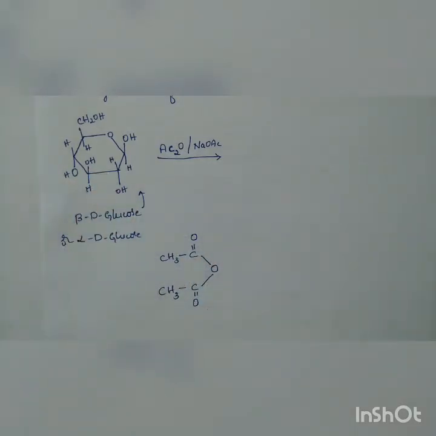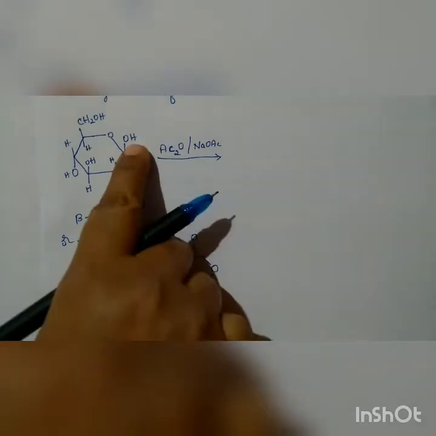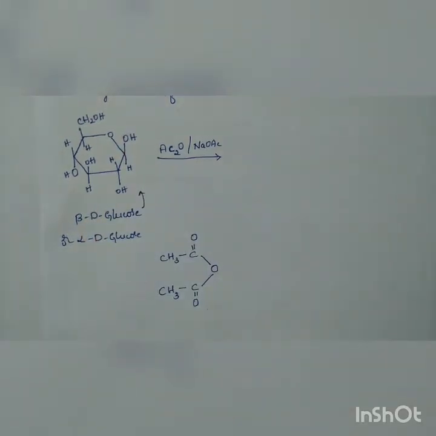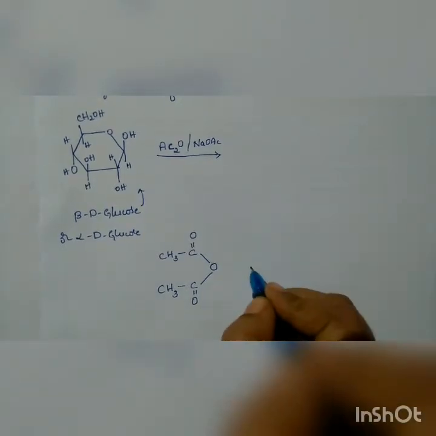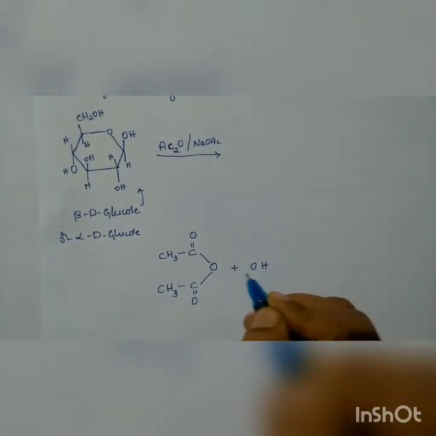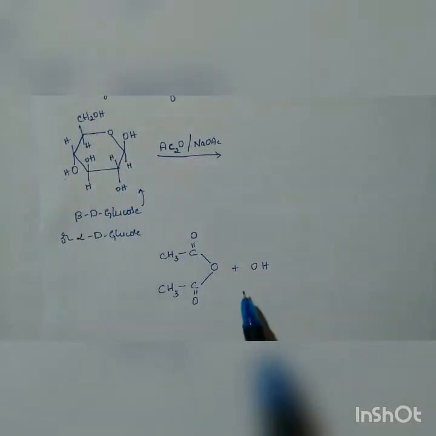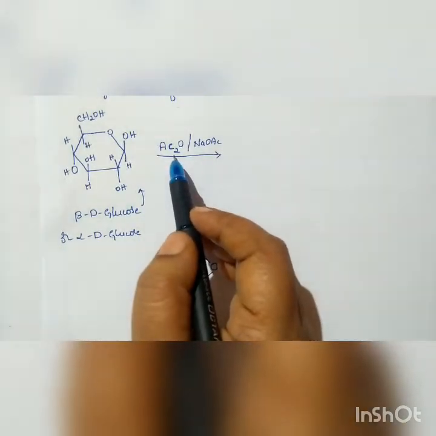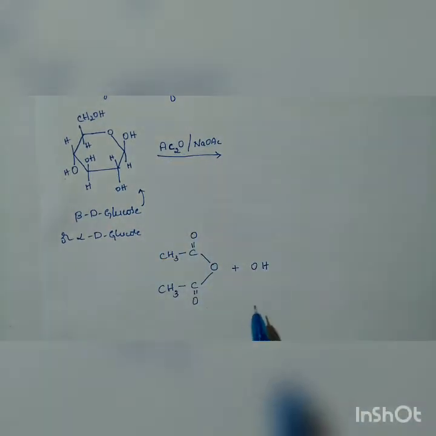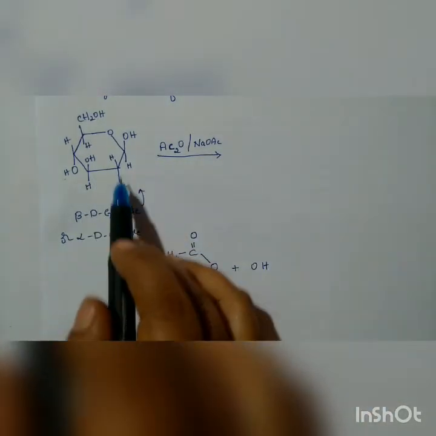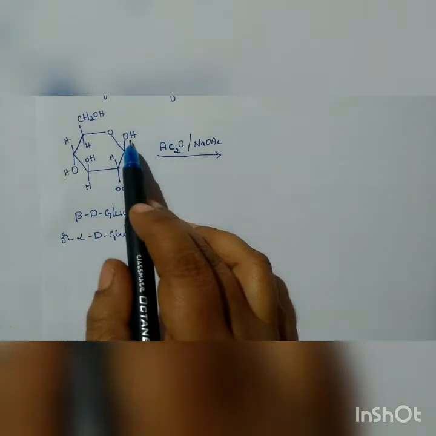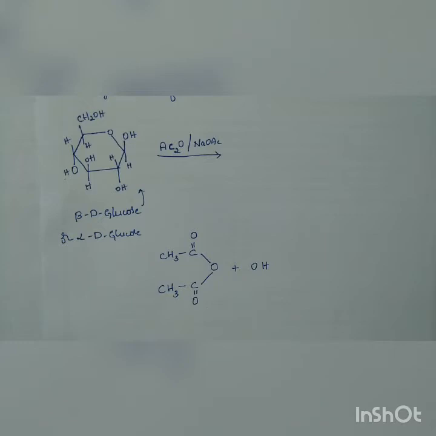How it undergoes the reaction: we have an OH group here, so I'll just write OH towards this side, not the entire structure. Wherever OH is there, the reaction takes place in this form itself. So we are going to take 5 acetic anhydride groups, and all those 5 will react with the 5 OH groups. So 1, 2, 3, 4, 5. Five OH groups are present.